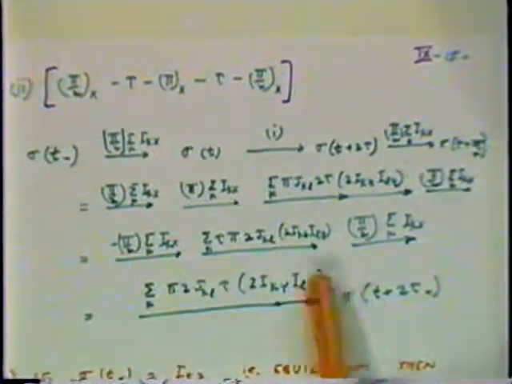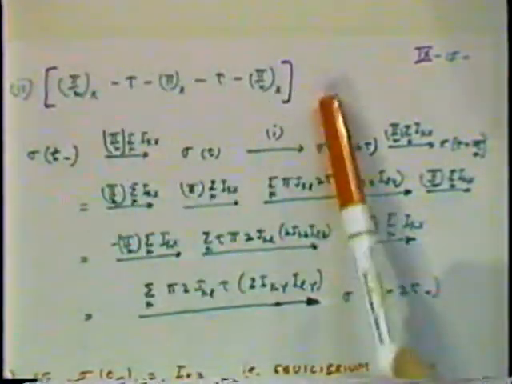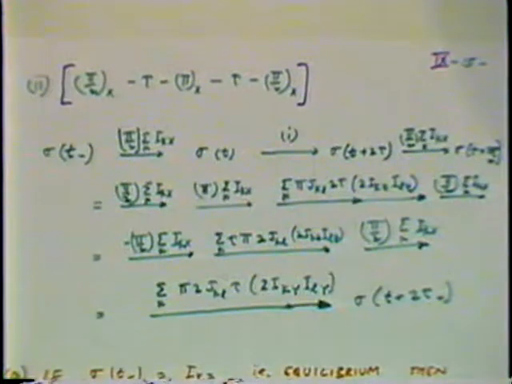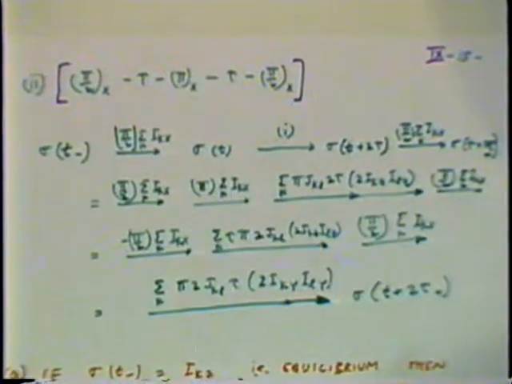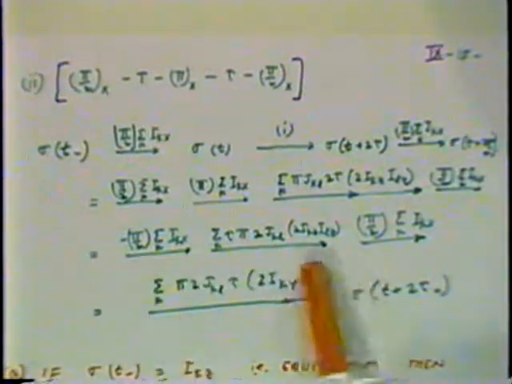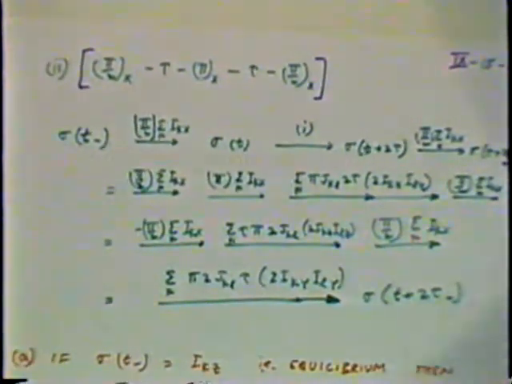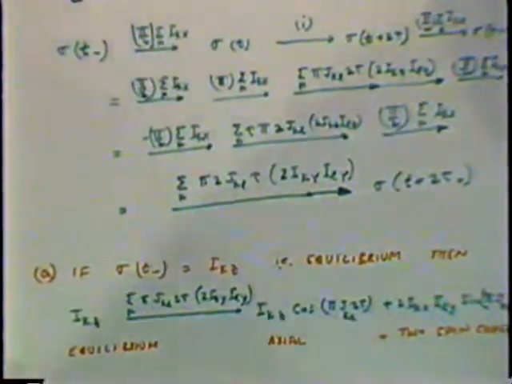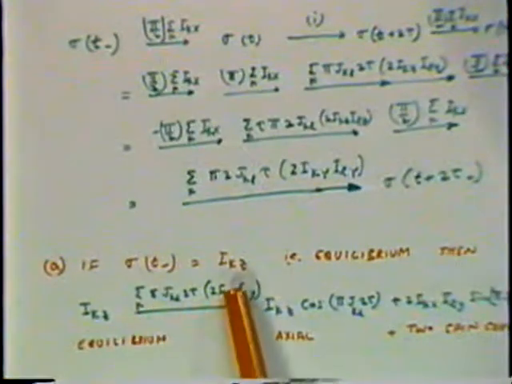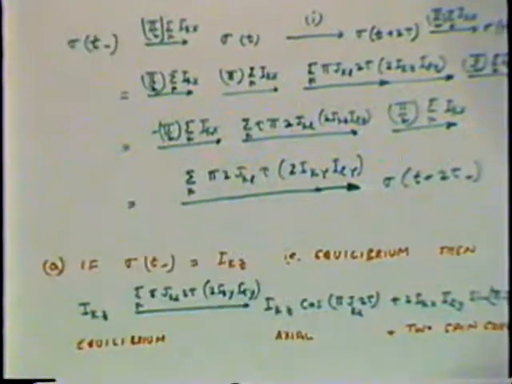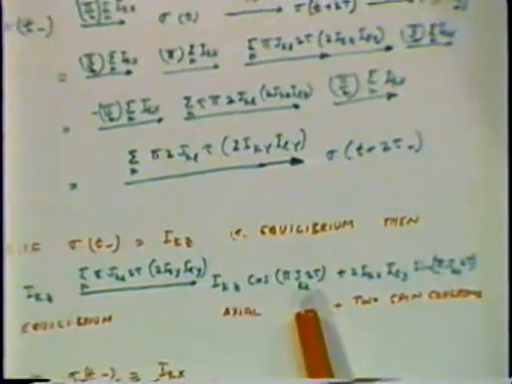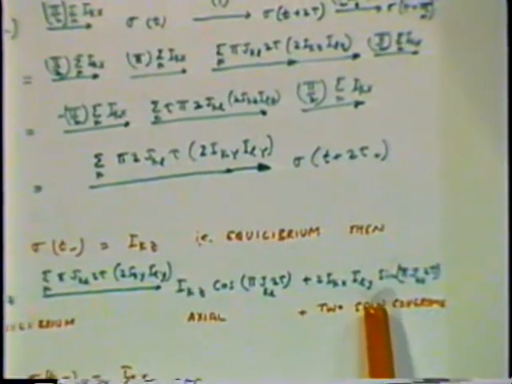This is the only action of the whole sequence. Because I have done transformations, I am basically rotating about IKY, ILY, to whatever was the state of the operator before. For example, if sigma at time t was IKZ, in the equilibrium situation, I apply the sequence and I get IKZ cos this plus IKZ IKX ILY,